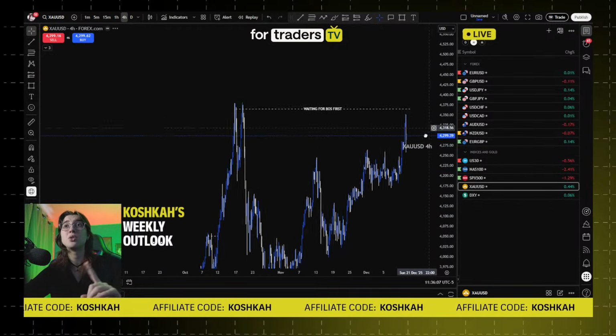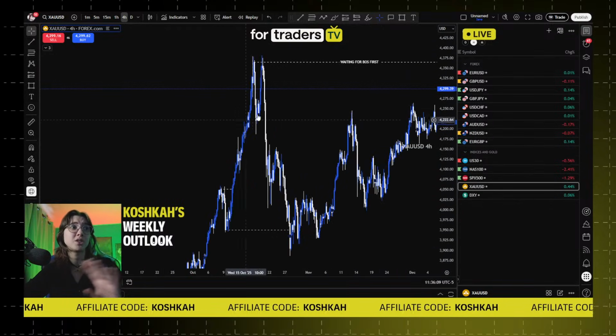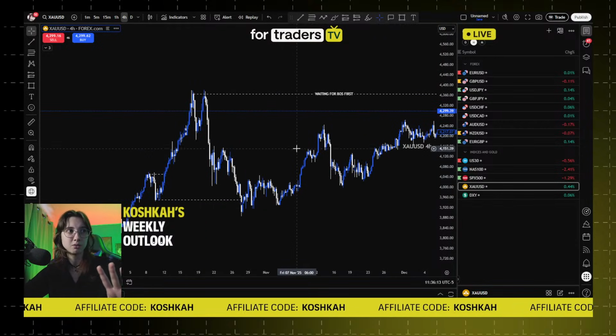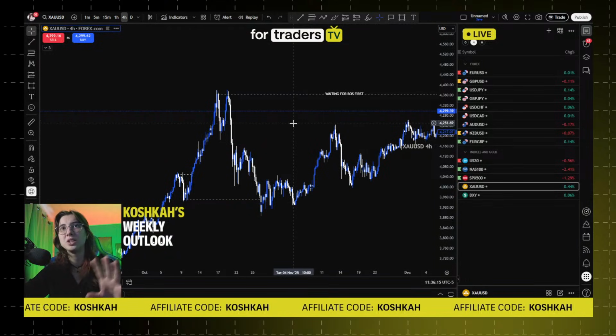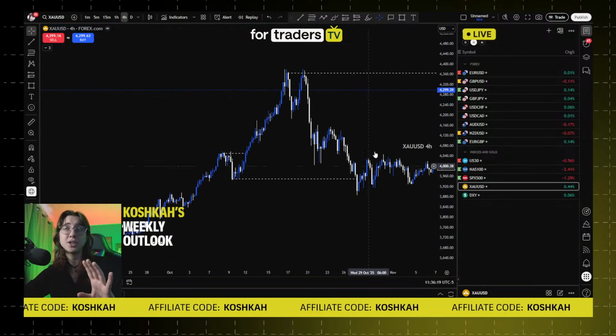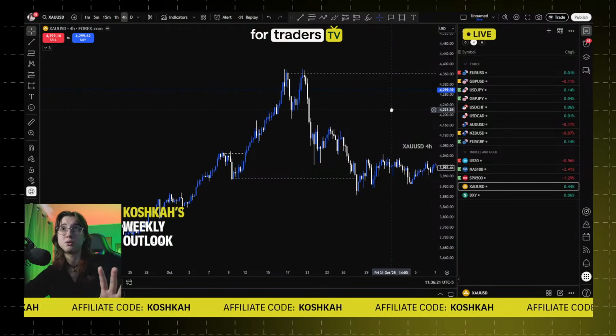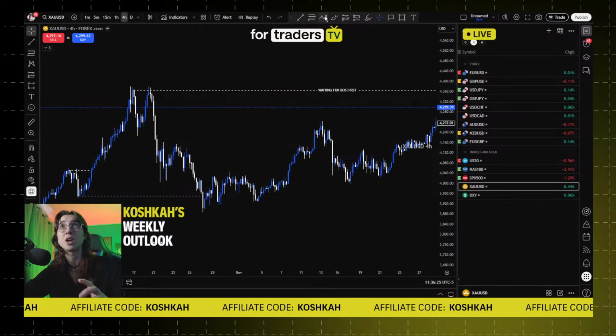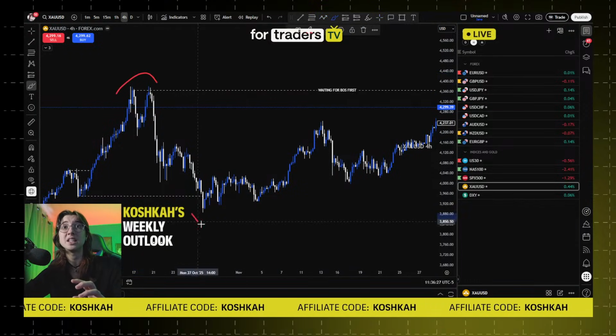By the way, guys, gold, there's nothing according to my strategy. You can stop spamming gold, by the way. There's nothing according to my strategy right now. Gold is really boring. According to my strategy, we just broke structure to the downside here, and there's nothing to do. We broke structure here, and now we're just consolidating inside of this range. Basically, the range on gold is like this.